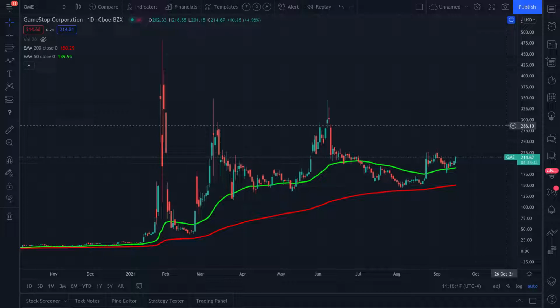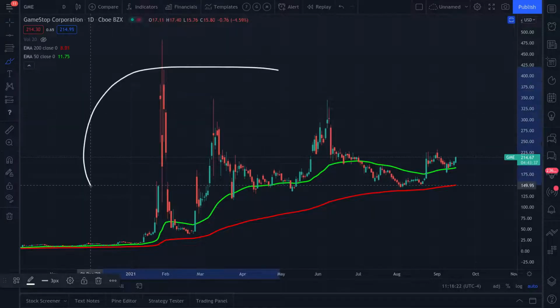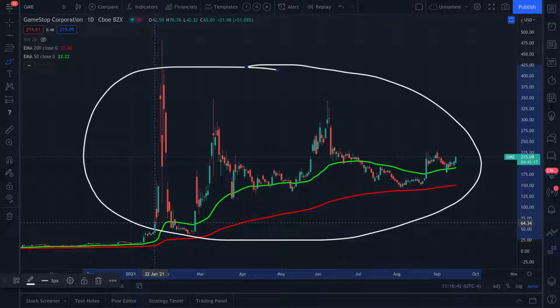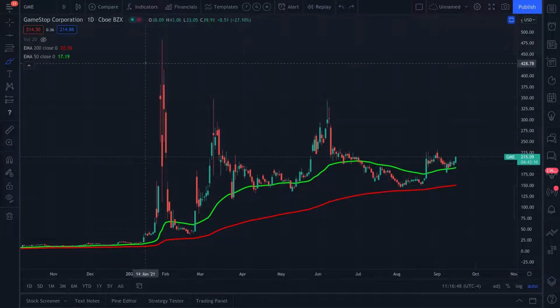And in fact, it appears that this entire consolidation, all of this price action, to me is an indication that this market is gearing up to reach some very substantial higher levels at some point in the future, as long as it's making higher highs and higher lows. I just circled a very large range of price action from January 2021 to present day. This really looks like a consolidated phase for a very aggressive move to the upside,